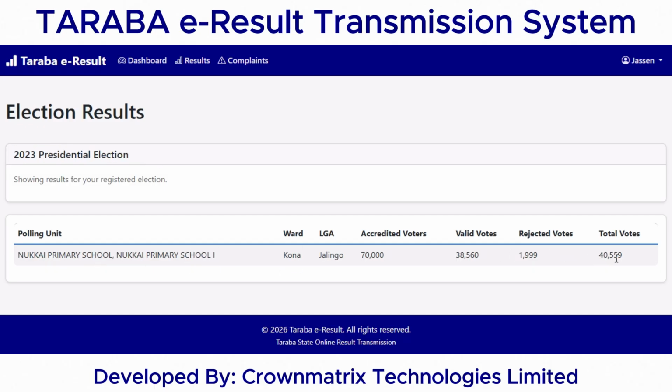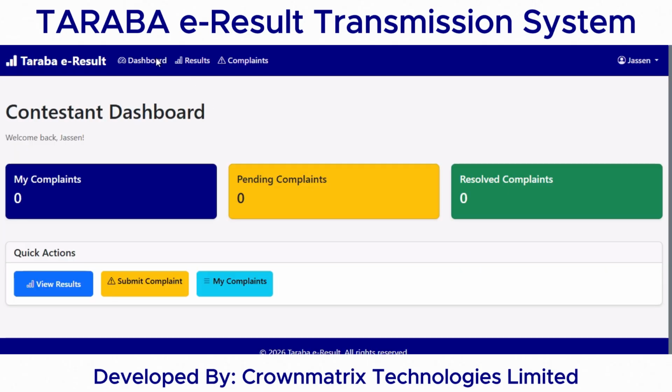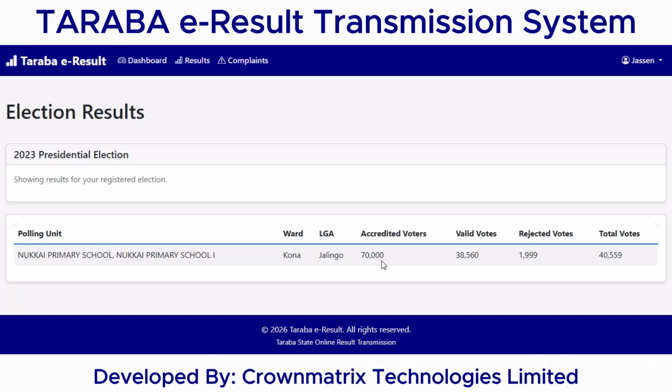This is how many votes he got. If there are other elections too, he will be able to see the total number of votes, so that he will keep track of all these records before viewing his data statistics. Okay, so if there's anything he wants to submit, he can submit. Maybe from here, view result here, he calculated that, okay, if they say total accredited voters is 70,000, valid vote is this and that, then he added these two values, and it's not up to this,